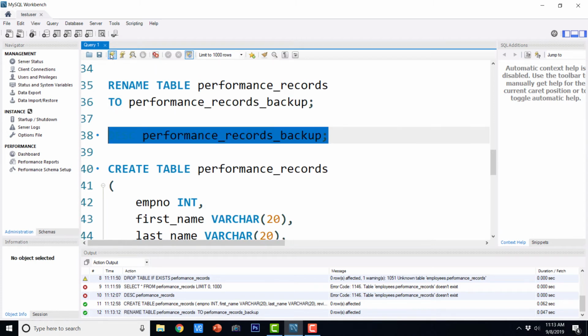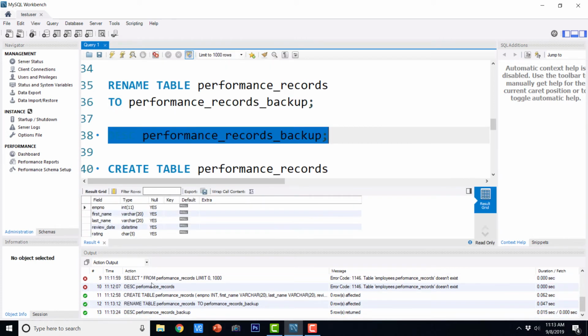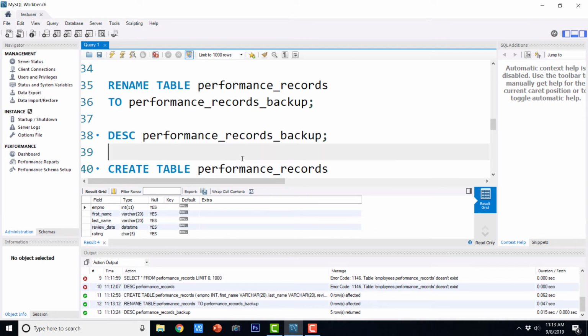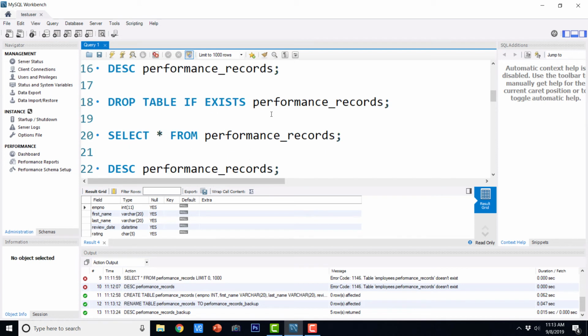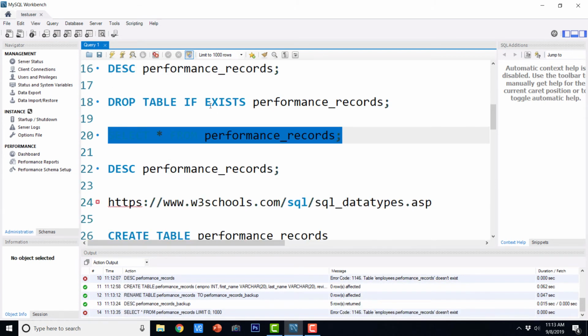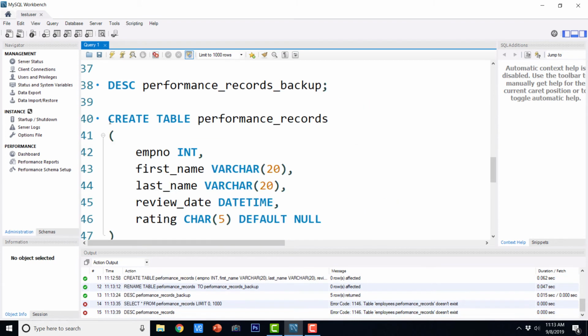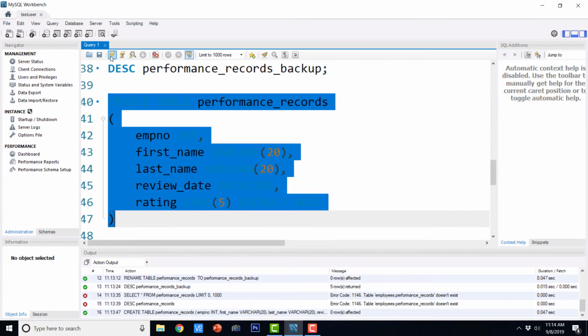I can describe the performance records backup, and it is going to show me the table structure. Similarly, if I try to run any query against performance records now, the query will fail because the table has been renamed. So now let me execute this. This is going to create the performance records table structure again in our database.